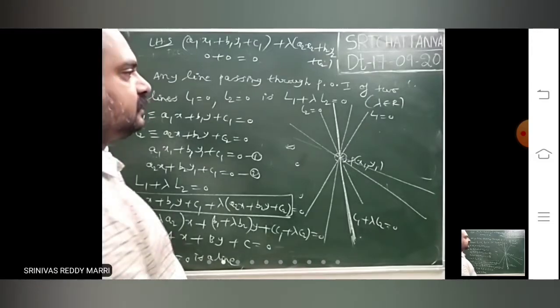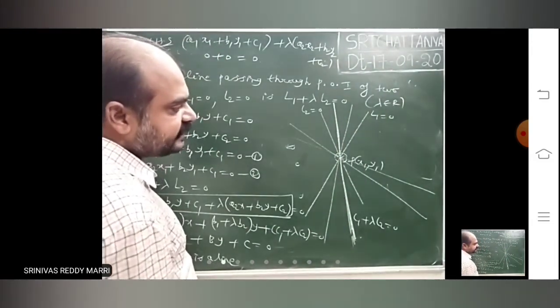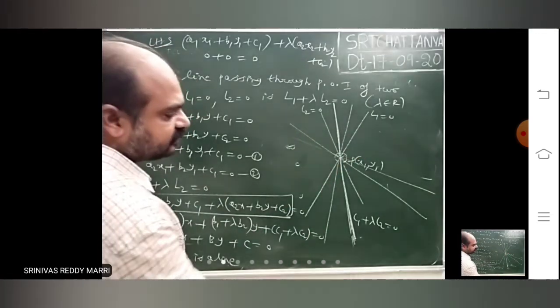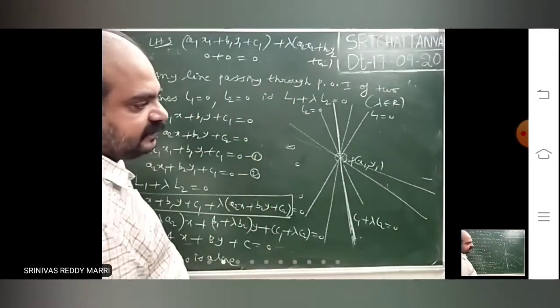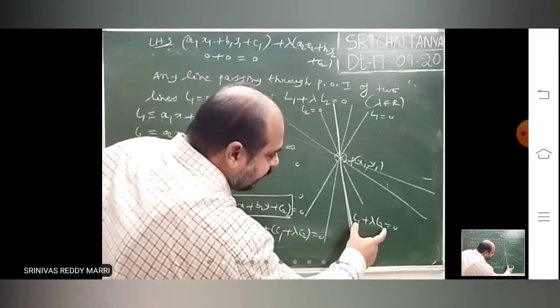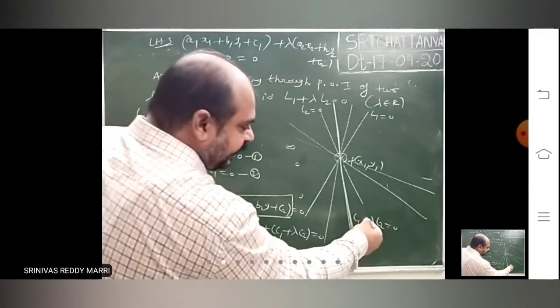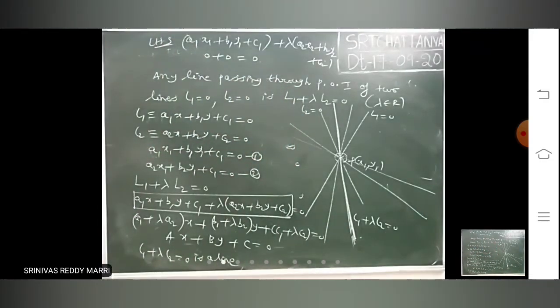Right? So it is just simple. Suppose two lines are there. If you want to find the equation of a line which passes through the point of intersection of both, then take the line in this form. There will be infinite lines. Depending on the condition given on the line, we will find lambda. If you find lambda, then you will get that particular line, whatever you want.